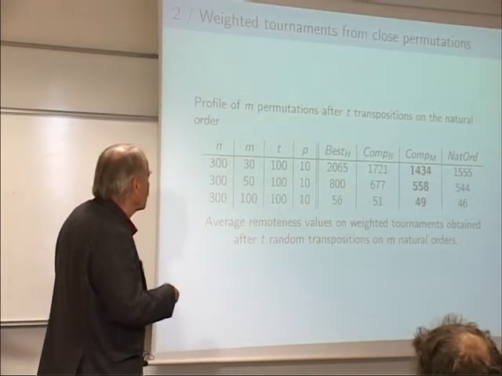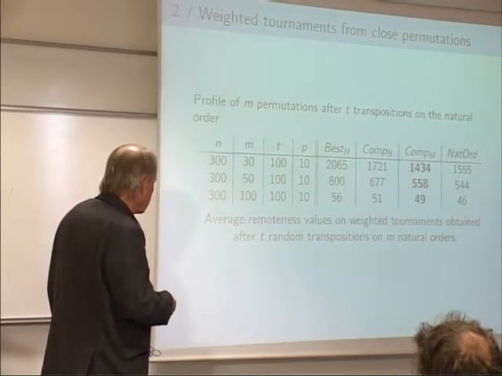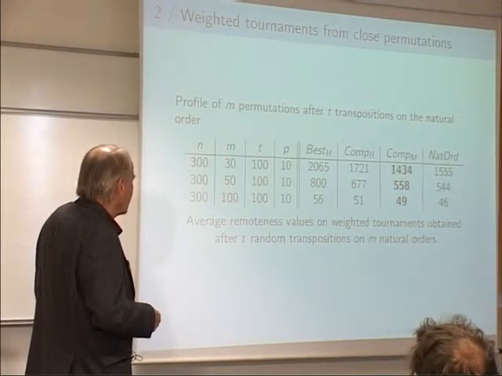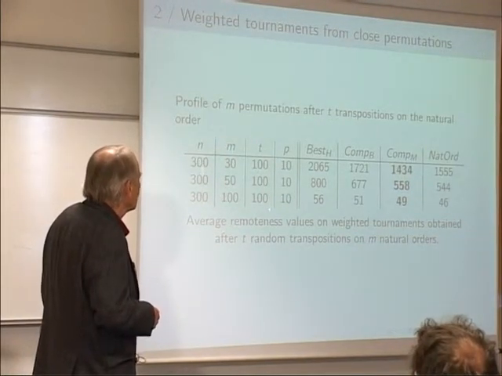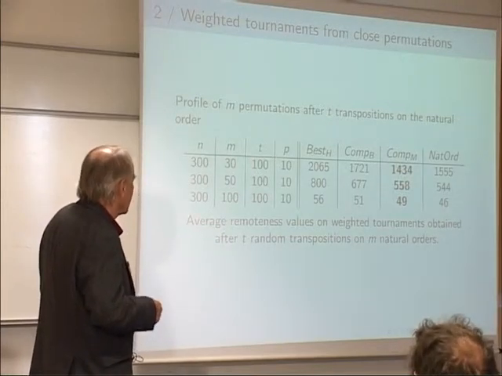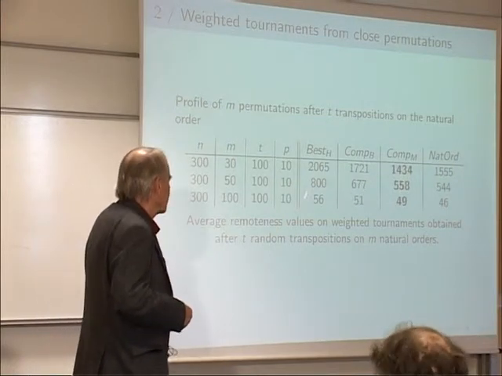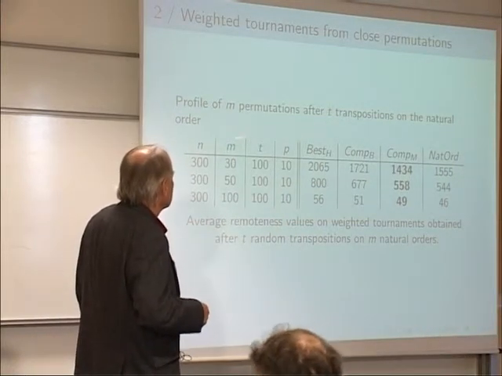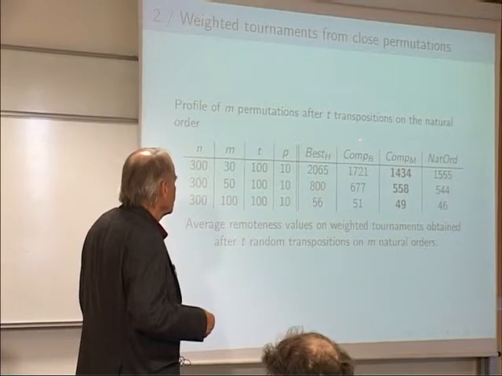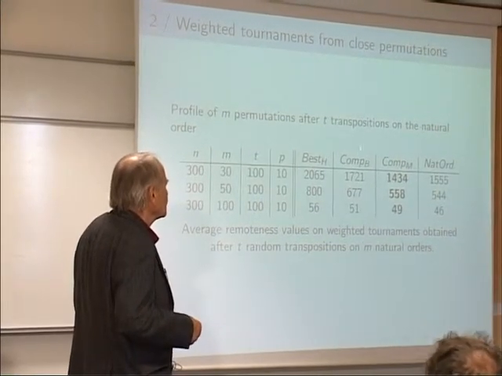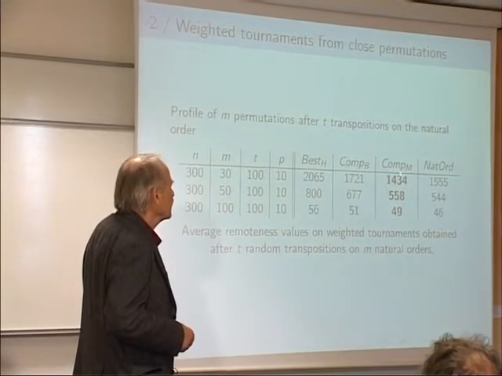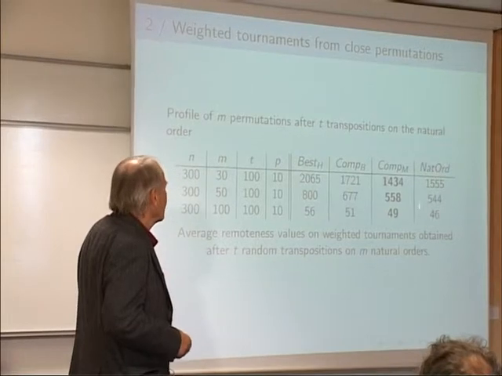the set of closed permutations, and take n equals 300. The number of orders varies. The number of transpositions is small compared to the number of pairs, and so the number of classes is around 10, because I found the best decomposition was around 30 elements per class, and the best heuristic is not so good. The balanced decomposition gives good results, but the computed decomposition is much better, and the natural order,